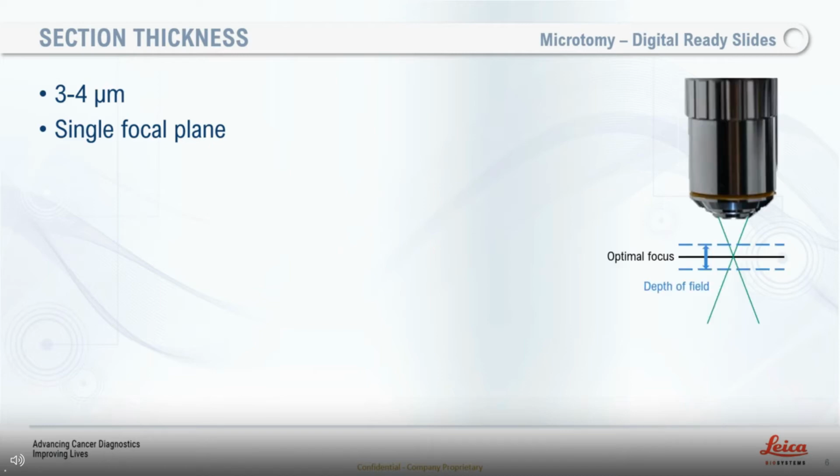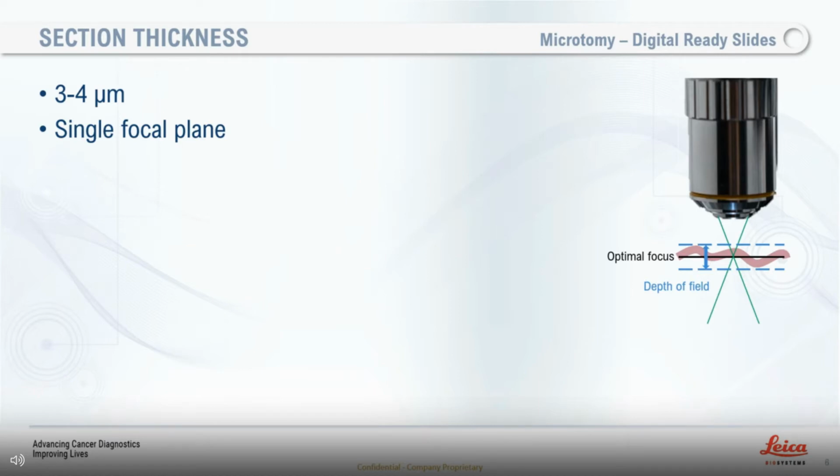And if we have a look at how this works, you can see an overview here of an objective lens, very typical as to what you would see inside most scanners. And you'll have your layer of optimal focus, and then you'll have a depth of field. If you have thin sections, they will have that microtopography and variability along the surface of the tissue, but if all of your tissue falls within that depth of field and we can map according to it, then there's a high chance that you will be able to capture all of your tissue in focus in a single focal